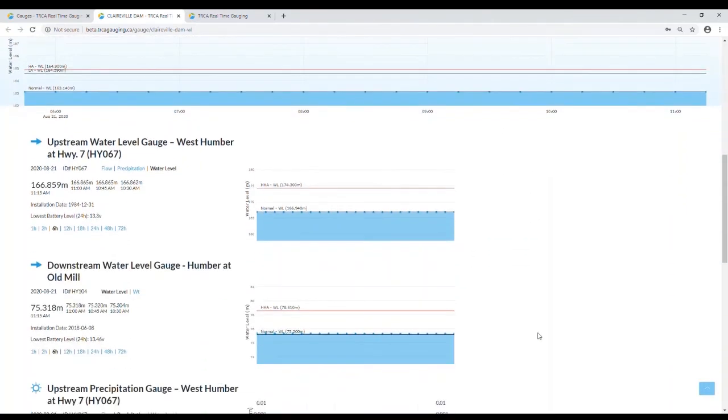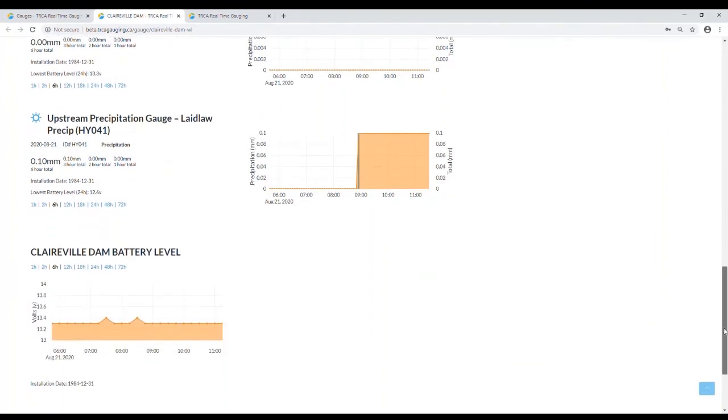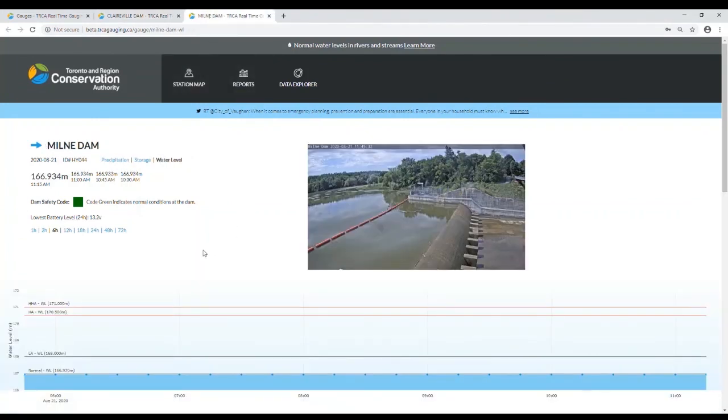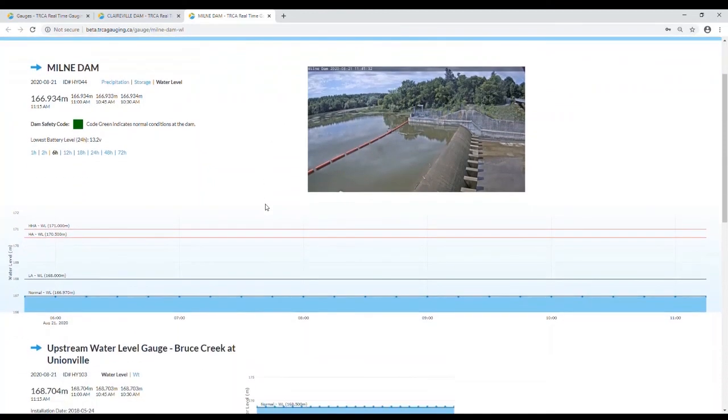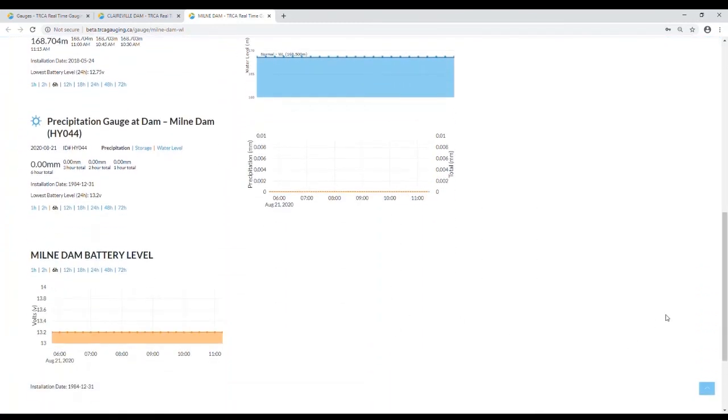Also, nearby stream gauges, precipitation gauges, and battery level. Another example is Milne Dam. You can see this one does not have any gate status table, as it is not an operable dam. This one has dam safety code, camera view, other parameters available, chart areas, nearby gauges, and battery levels.